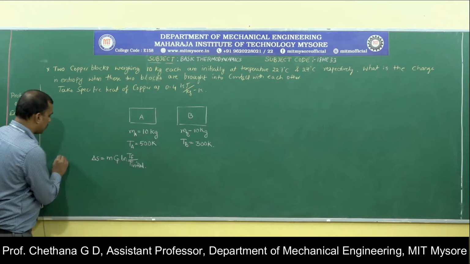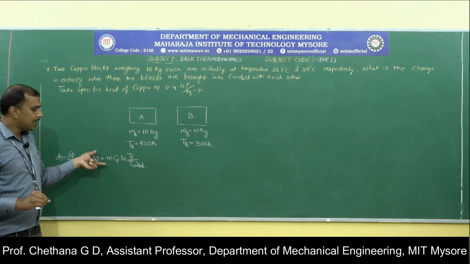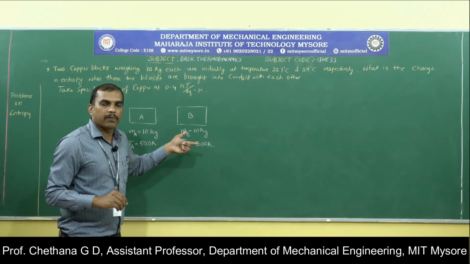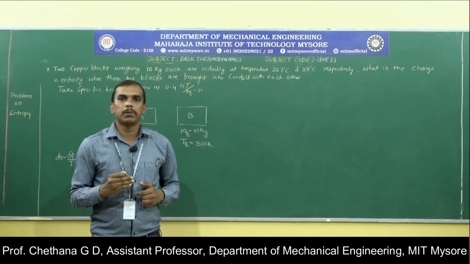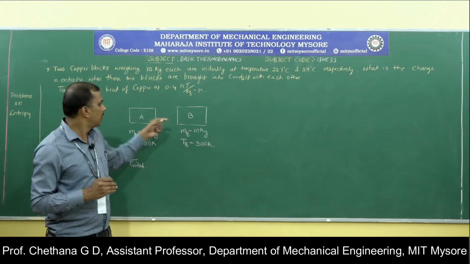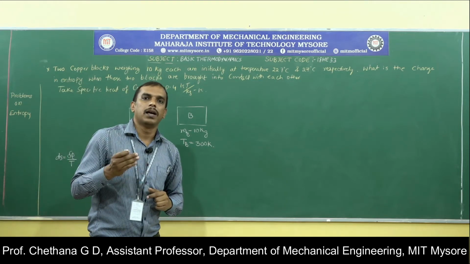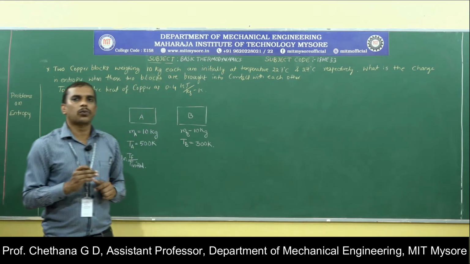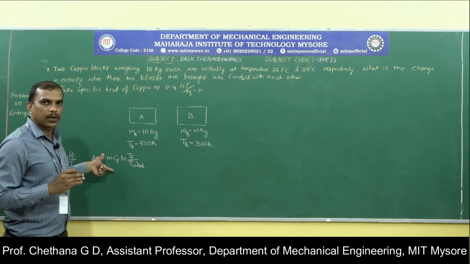This we have derived from the same equation, delta Q by T, and this formula is for a constant pressure process. Whenever this type of problem is given, we assume a constant pressure process, for the same reason that whenever you bring these into contact, you are not restricting the volume. So it can change according to the change in pressure. However, in solids you may not observe a very big change in volume, so it is quite similar to a constant pressure process. So we will use this equation.